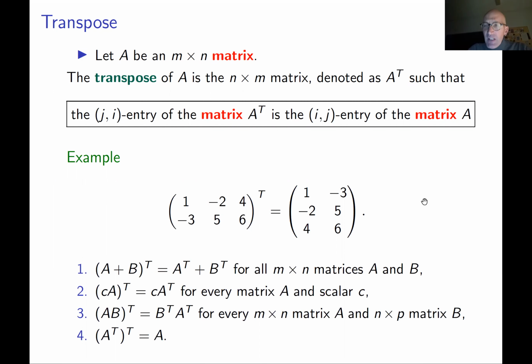Okay. Now, a few properties of the transpose of a matrix. The transpose of a sum is the sum of the transposes. The transpose of a product of two matrices is the product of the transposes taken in the opposite order. AB transpose is B transpose times A transpose, of course, if the sizes of these matrices match. And if you transpose a matrix and multiply it by a number, it doesn't matter in which order you do this. And of course, if you take the transpose twice, you get the original matrix. But this, I think, is clear.